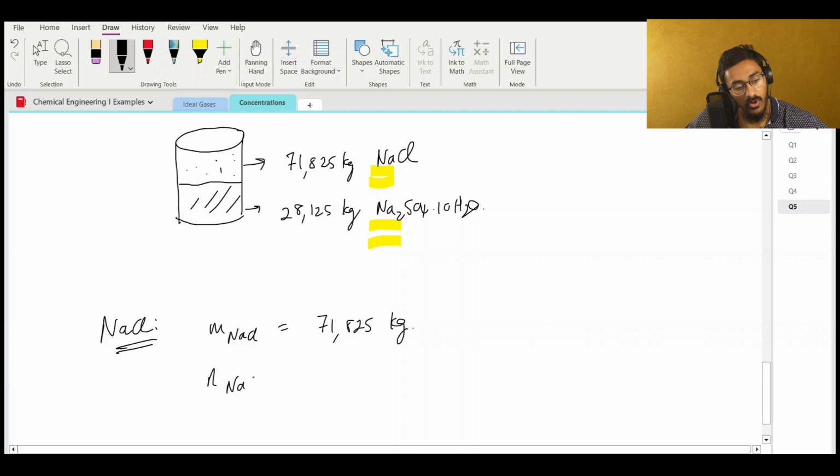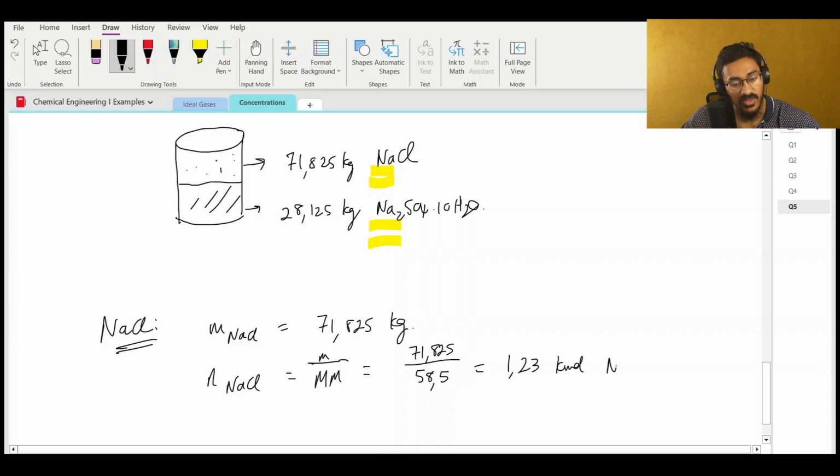Now, the number of moles of sodium chloride, and I know this is a bit strange, maybe this wouldn't come to you intuitively, but watch what I'm going to do. The number of moles of sodium chloride is 71.825 divided by 58.5 (23 plus 35.5), and that should give you 1.23